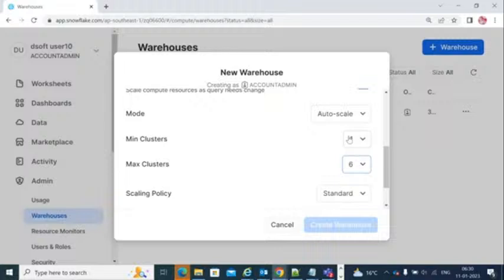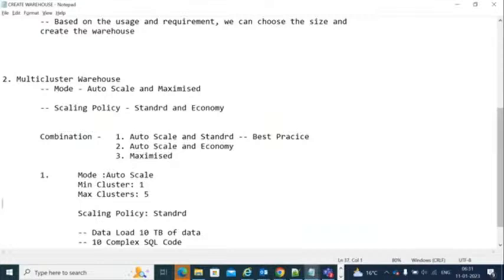If it is not sufficient with the one cluster, internally it will increase to 2. If this is not sufficient, internally it will increase to 3. Internally it will increase to 4. Internally it will increase to 5. Internally it will increase to 6, as you have defined the maximum clusters as 6. Is that fine or not? And then even for your queries also,